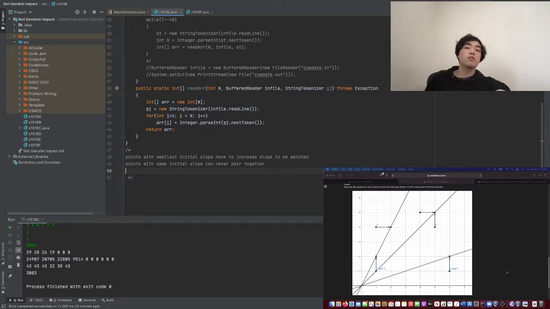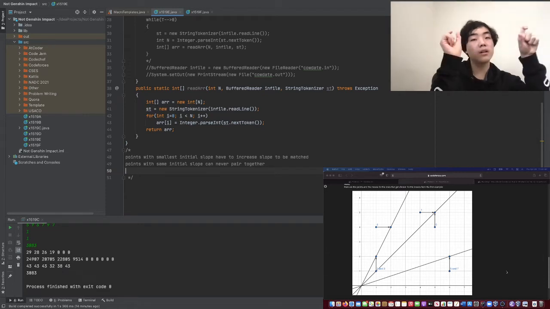What if we constructed this as a graph? Wait a minute. If we constructed this as a graph, what would that mean? Well, every node would have, yeah, we would have this many nodes, something like this. Can 2 points ever pair together if they make the same initial move? Well, yeah, I mean,